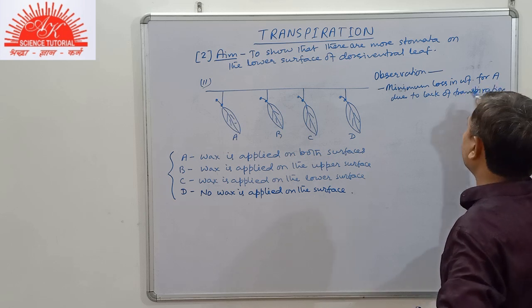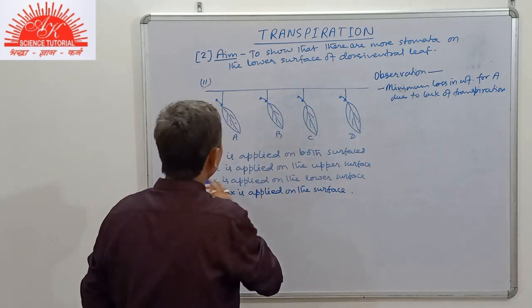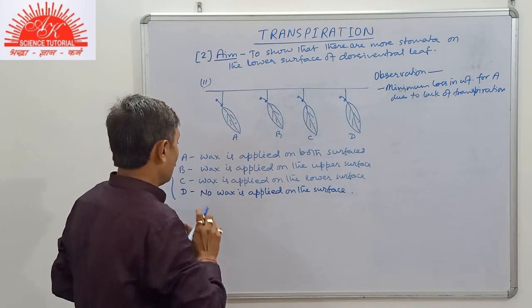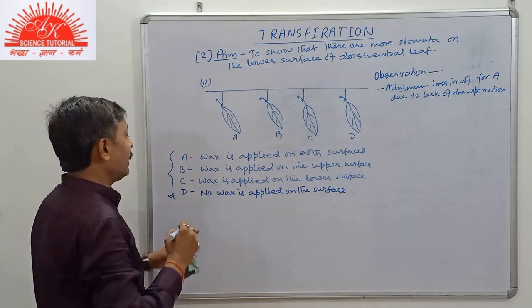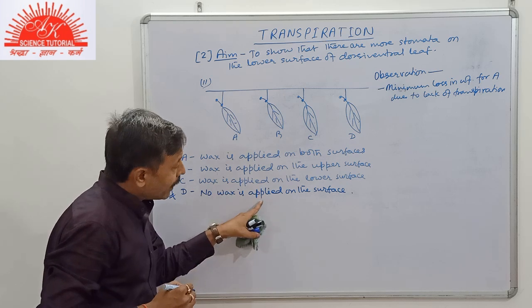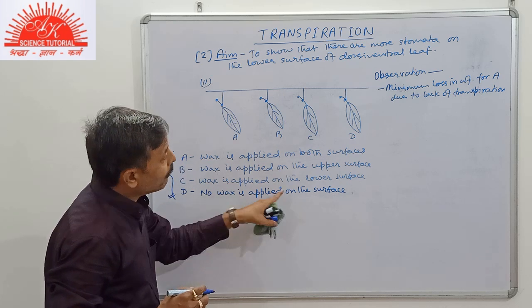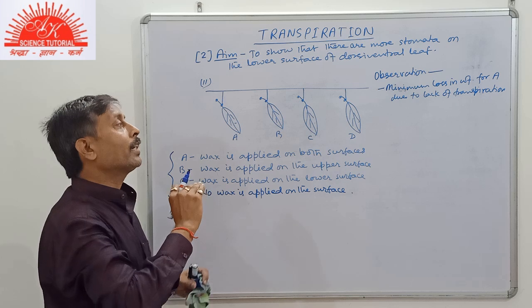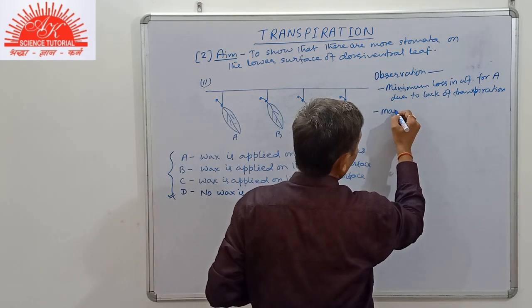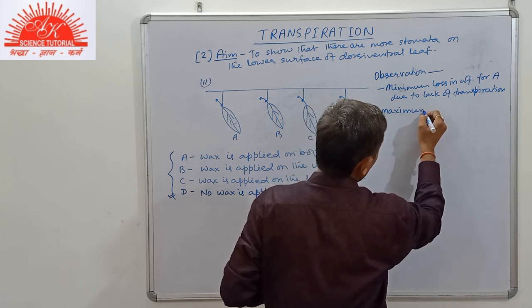That is, in case A, there is no loss of water since the wax is applied on both surfaces. Now, in case D, there is maximum loss in weight because there is no wax application, wax is not applied, so transpiration is taking place from both the surfaces. So, there is maximum loss in weight